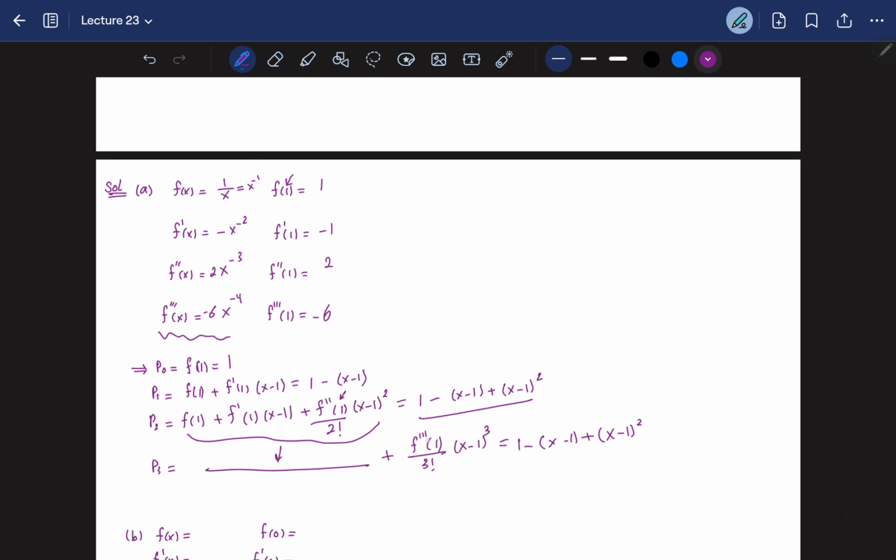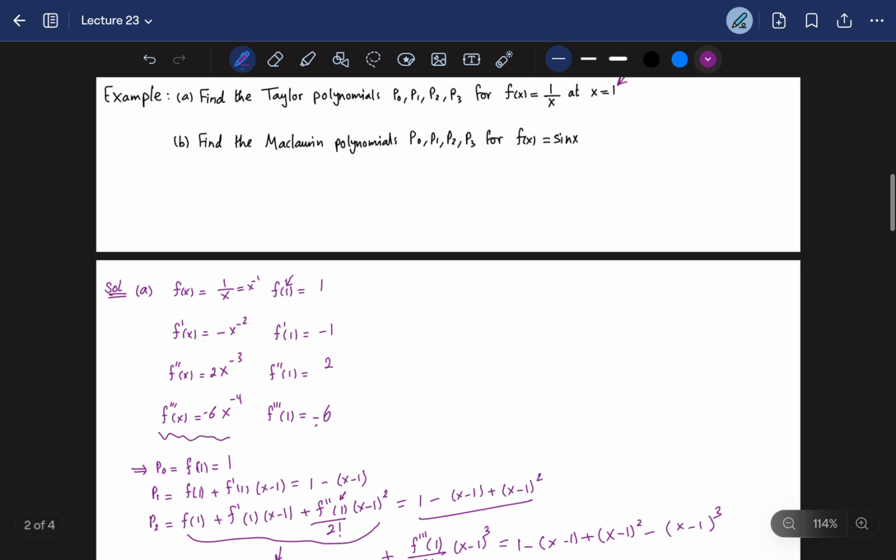And then we're going to have, now f triple prime is negative 6. And 3 factorial is 6, so negative 6 divided by 6, that's just minus (x minus 1) cubed. Okay, so that's it. That's the Taylor polynomials. Now for B, we want to find the Maclaurin polynomials